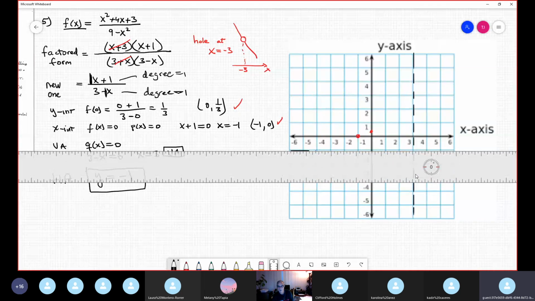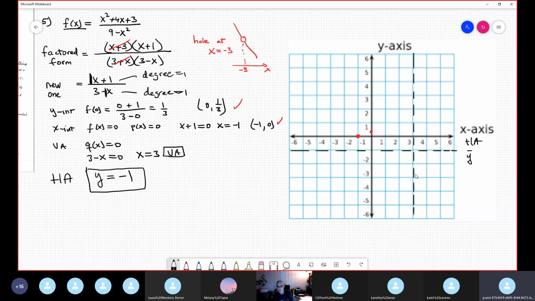This is our horizontal asymptote. Okay, horizontal asymptote is the line y equal -1. And the vertical asymptote was, I forgot, x equal